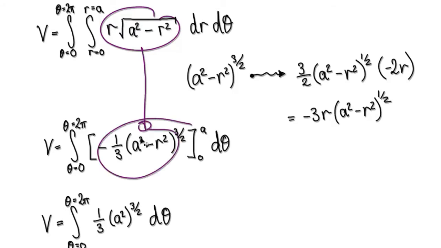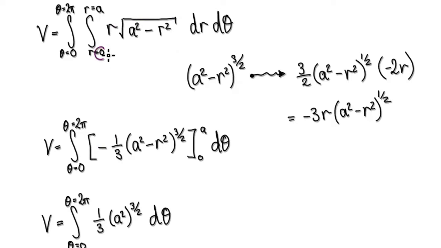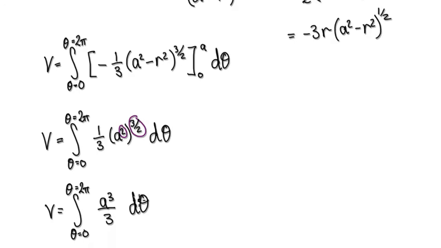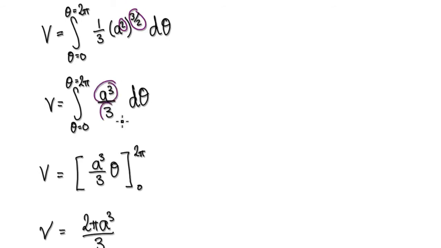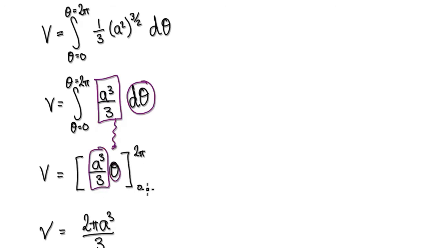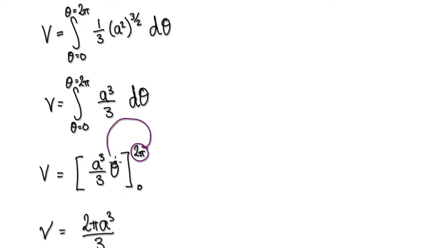Okay, so now that we're here, remember r is from 0 to a. So now when you put a into here, this whole thing disappears. Take away, put 0 into here. Remember, you've got a minus, so it becomes a positive. Well, anyway, you put 0 into here, it will then give you this thing here. And then when you get this multiplied with this, it will just give you a to the power of 3 over 3. So now remember, this is a constant, but we need to integrate it with respect to theta. So when you integrate this, it will be the constant times theta from 0 to 2 pi. So now when you put 2 pi into here, it will then become